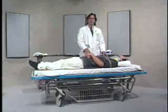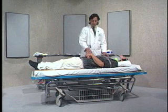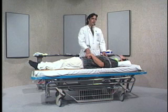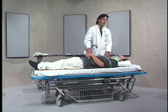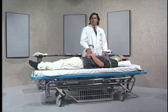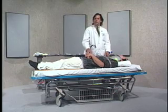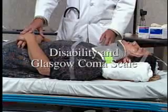Evaluating the circulation should include the patient being placed on cardiac monitor, blood pressure cuff, and an initial set of vital signs. This is very important in helping to determine the stability of the patient initially. The next step should be a very quick neurologic assessment, sometimes referred to as D or disability in the ABCs. This could include the Glasgow Coma Scale if you suspect head injury, but in general you want to get a